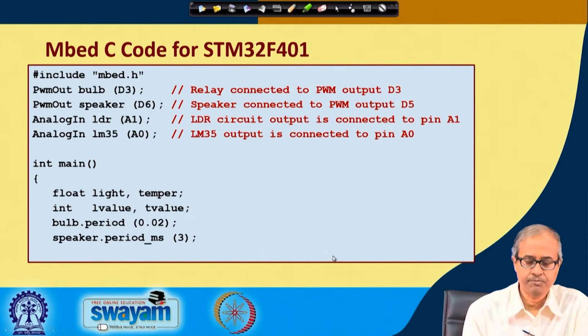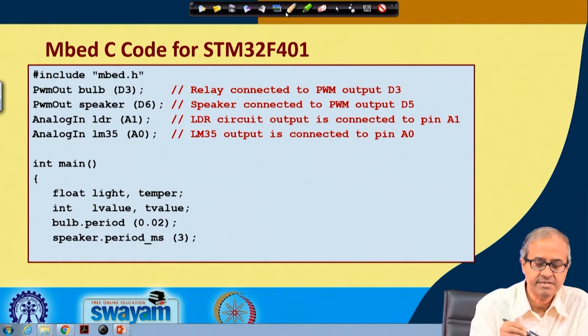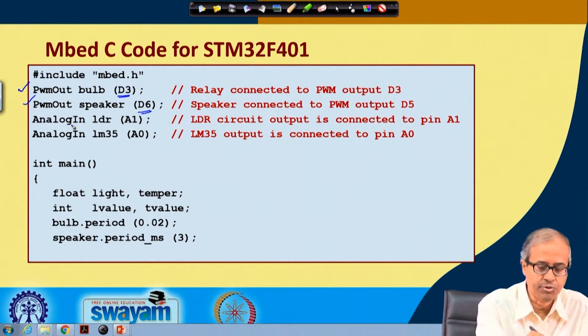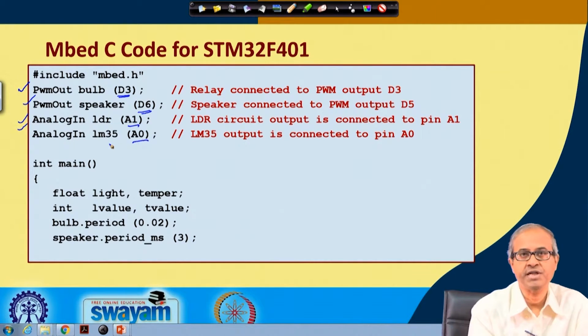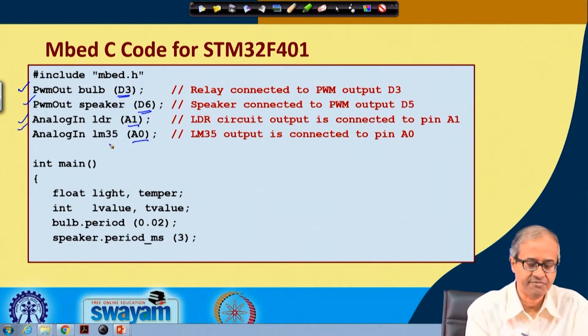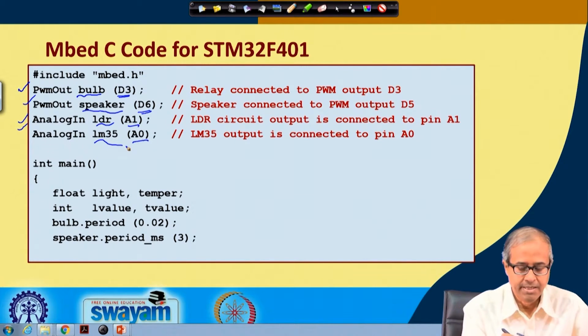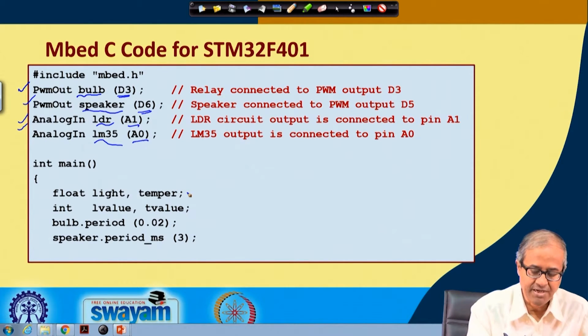The program will start like this. So, you are defining a PWM out on D3 which you call bulb, then another PWM out on D6 which you call speaker, and there will be two analog inputs, one on A1, A0 corresponding to LDR and LM35. So, these are the names we have given: bulb, speaker, LDR and LM35, and some variables we have defined: light,